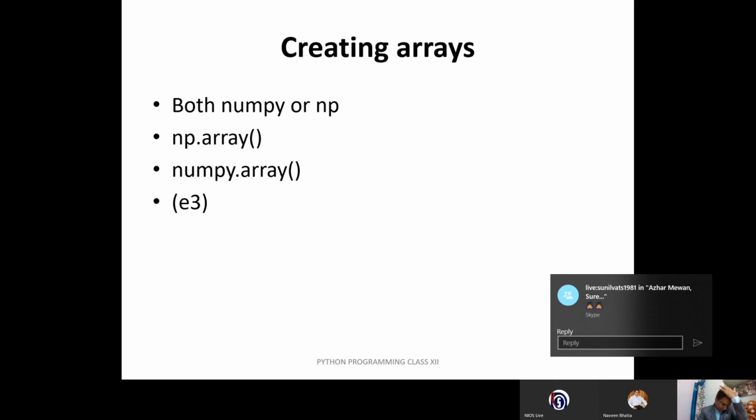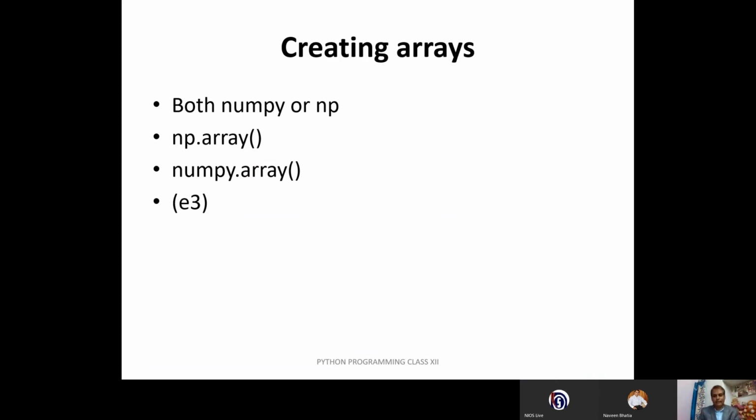Now, let us learn how to create an array. I think you understood what an array is, what homogeneous and heterogeneous mean. You understood the concept of array, element, and index. You also understood what we learned last, how to import Numerical Python to work with arrays using Jupyter Notebook. Now we will learn how to create an array.